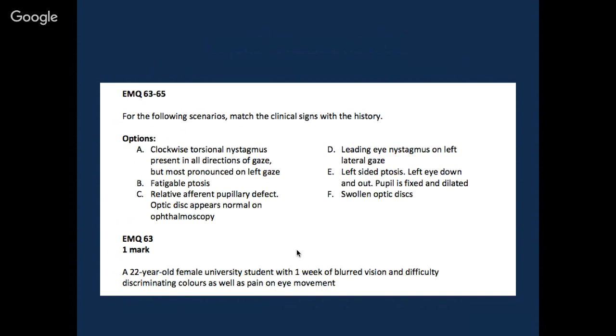Leading eye nystagmus on left lateral gaze. One hand up. What is this called, by the way? If you put your hands up, you probably know what this is, no? This is hinting at internuclear ophthalmoplegia, which we'll go through. Left-sided ptosis, hands up if you think that's the answer. And swollen optic discs. Hint, that was already an answer. It's not going to come up twice. So the majority of people, and by that I mean like 3, put C as the answer, which is the right answer. Okay? This is not necessarily that easy because you don't get taught what a relative afferent pupillary defect